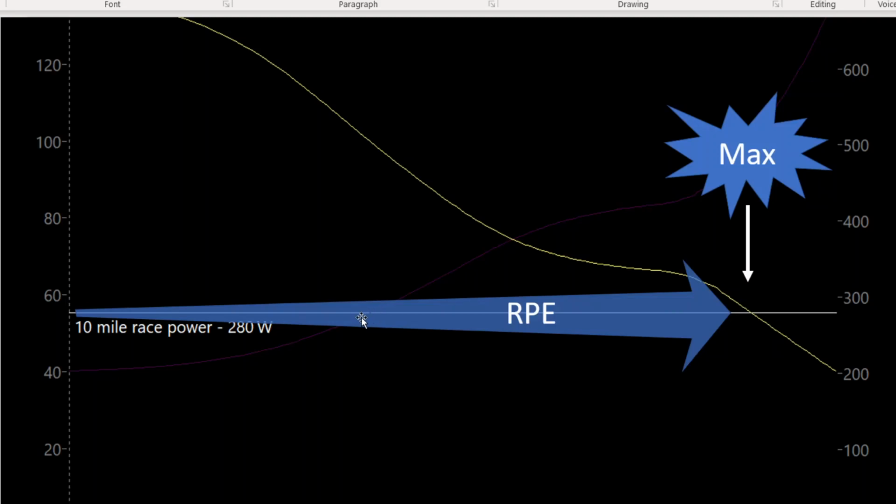So under ideal circumstances, this runner would average about 280 watts at any point throughout the 10-mile race until they reach their maximum. They get to this point, that's it. You can't go any further. That's maximum. That would be the ideal, is that you use it all up and you reach maximum at the finish